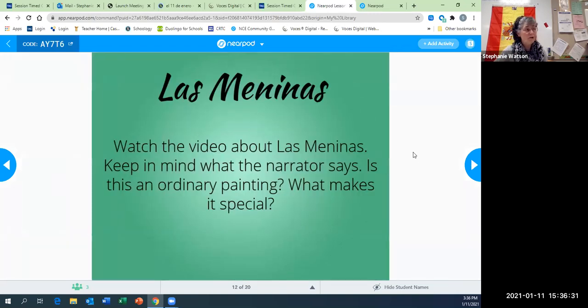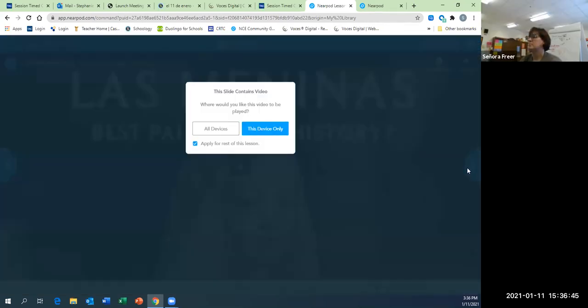So next we're going to watch a video about Las Meninas. Keep in mind what the narrator says. Is this an ordinary painting? What makes it special? I'm not going to have you watch the whole movie here, but you can embed